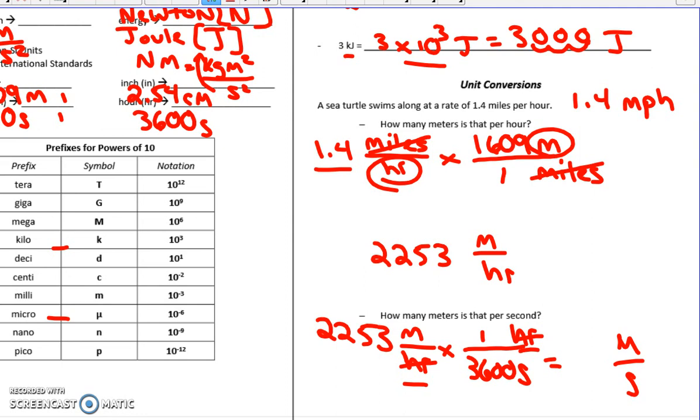And now what I would do in my calculator is 2253 divided by 3,600, because it's in the numerator, and the 3,600 is in the denominator. And when I worked that through, I got 0.63 meters per second. And if I take a look at the 0.63, this actually will be true all the time, that we have 1.4 originally, and we have 0.63, a little bit less than half. So 2 miles per hour is approximately equal to